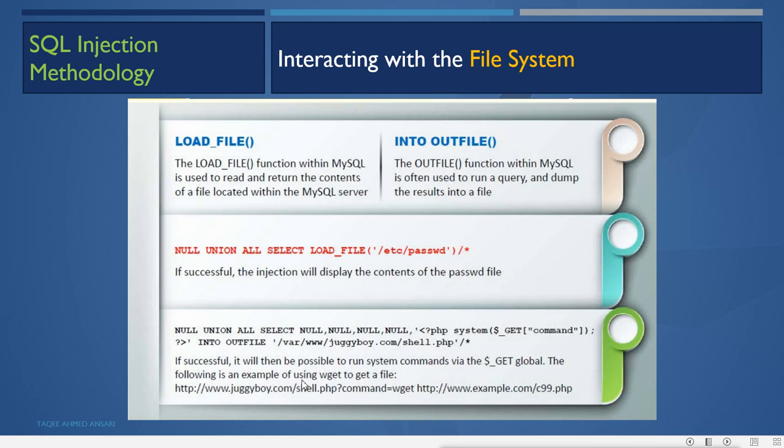It is using this script, the one which was written in the previous query, and in it is executing command equal to this wget. It is running the wget command, and the wget command is used to get the page of the server. So it will try to get the page from this server.